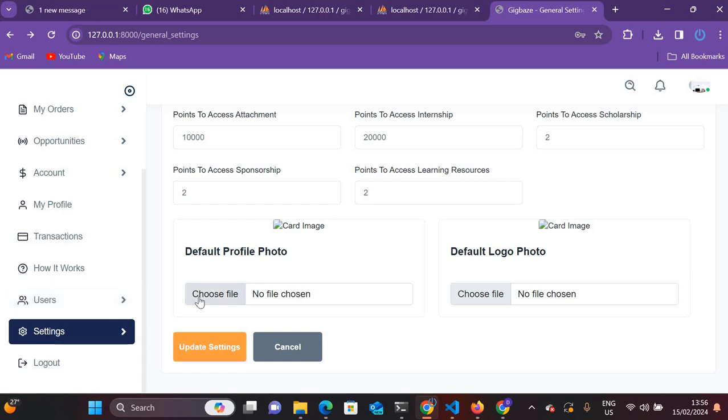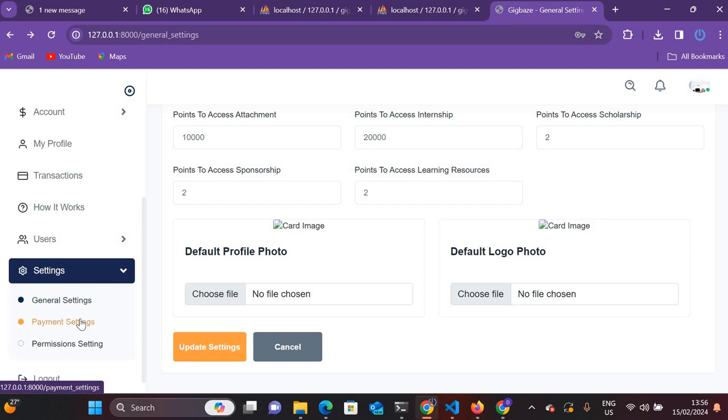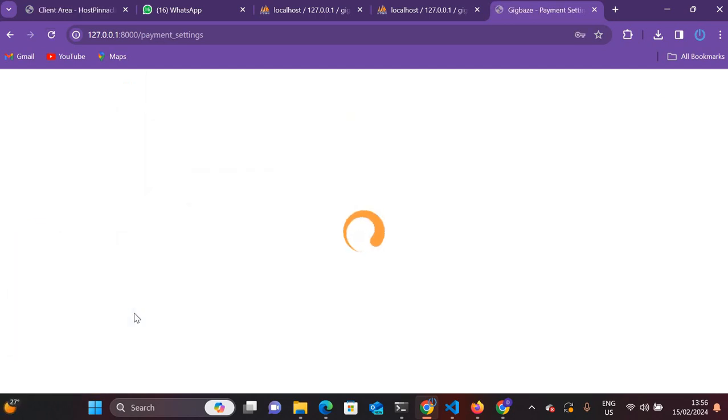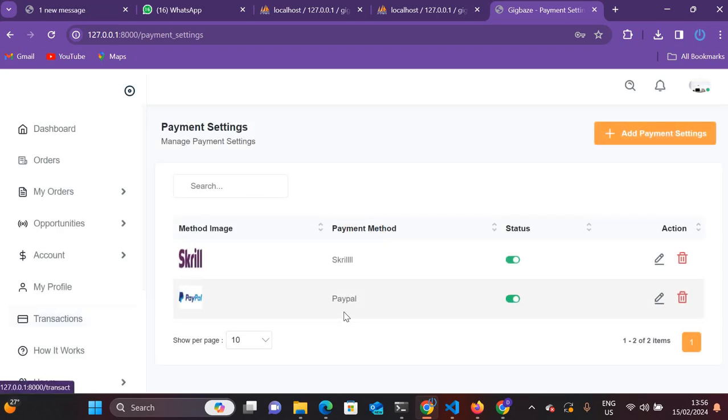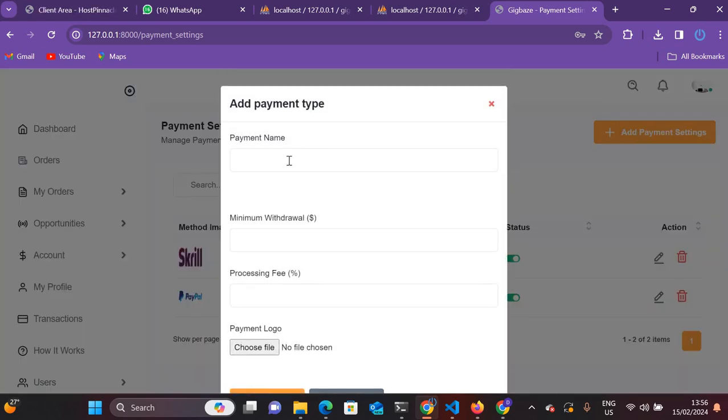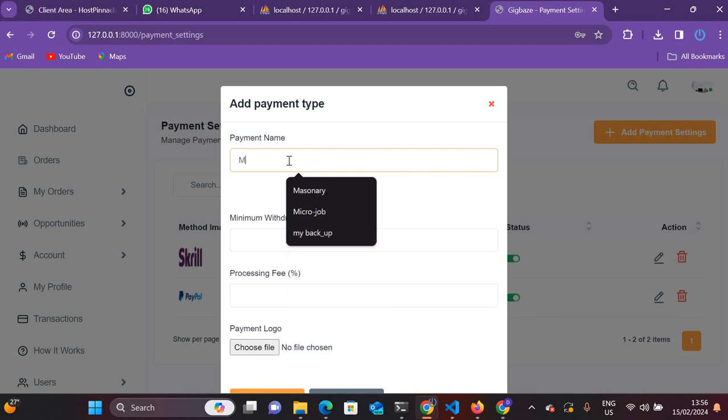So the other setting we have is payment setting. On payment setting, the administrator can add other payment methods and their conditions. He can edit the existing ones. He can activate them or deactivate them. For example, right now we have Skrill and PayPal. I can add M-Pesa. So for payment name, I can just go and add